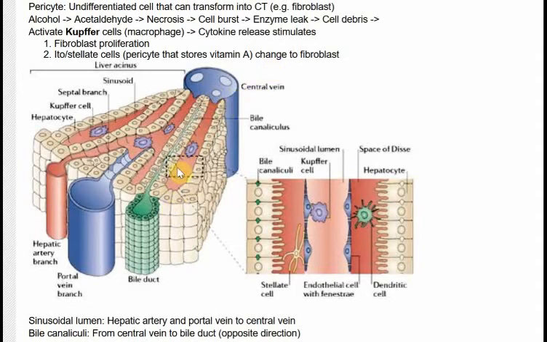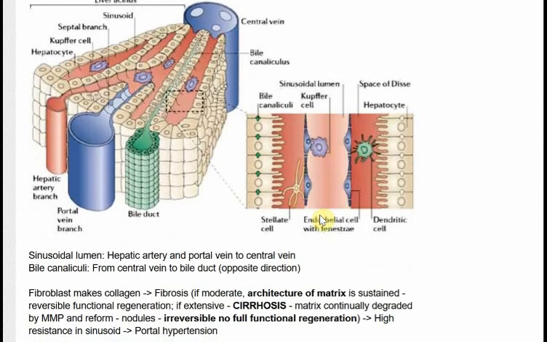Now what happens is alcohol, as I said, induces inflammation. You've got here called Kupffer cells. Kupffer cells are basically macrophages, shown here. These macrophages get activated and they stimulate fibroblast formation, so fibers, so fibrosis. So when you have chronic activation of these Kupffer cells, you get fibrosis forming, and that is when you have cirrhosis.